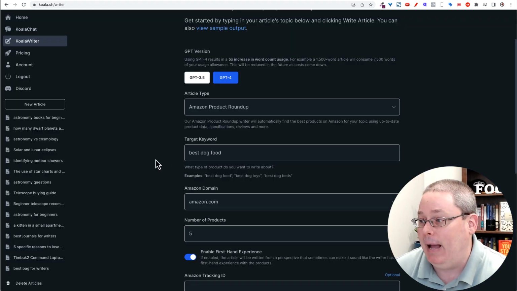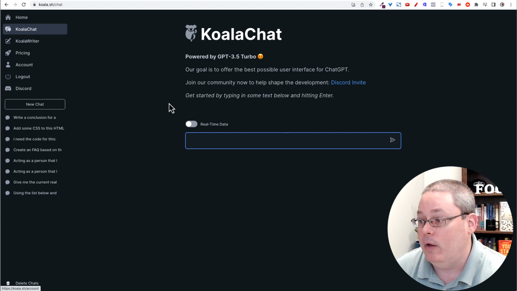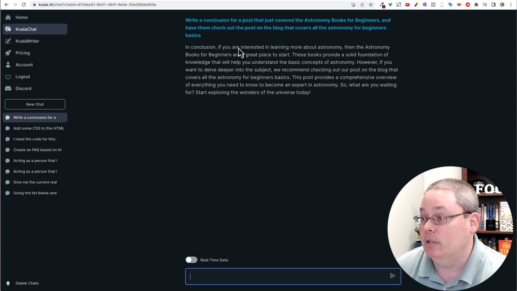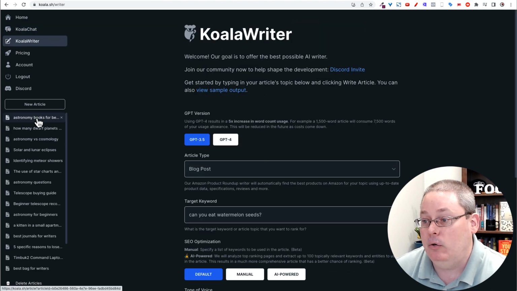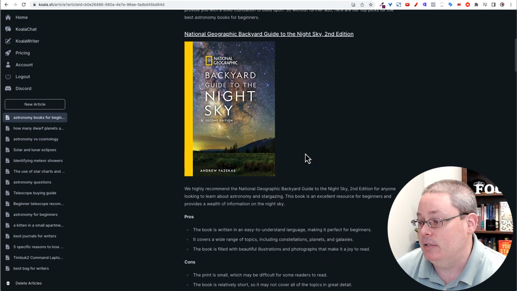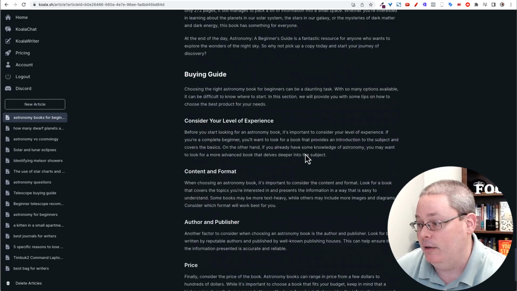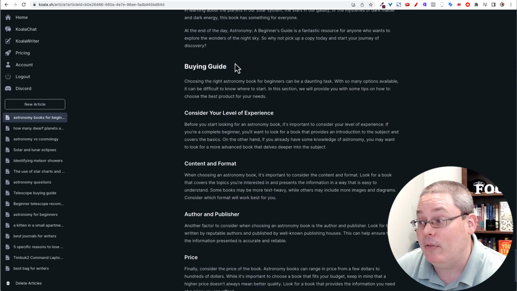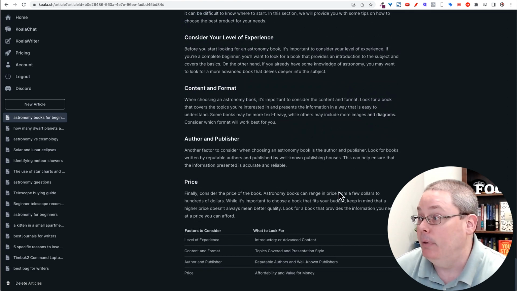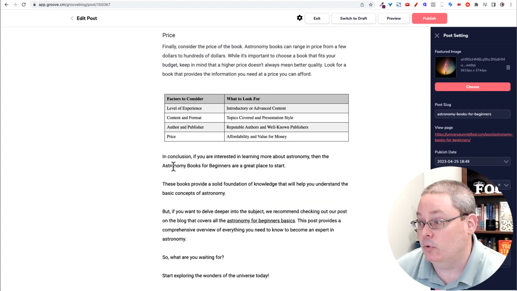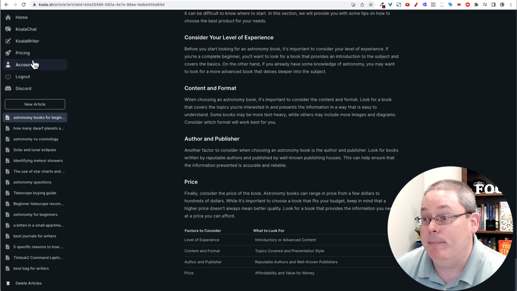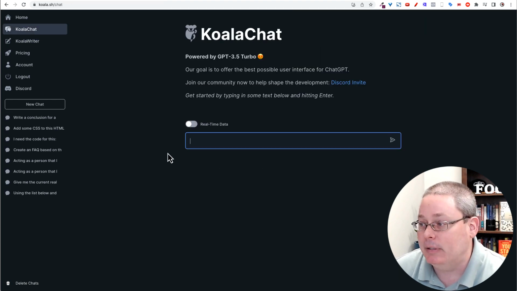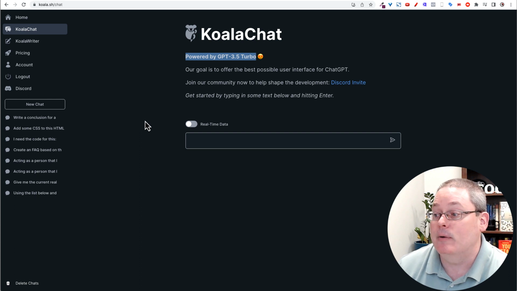I actually went back and wrote this conclusion with Koala Chat because the conclusion wasn't included in the KoalaWriter post here. Astronomy books, you can see there's the post in KoalaWriter. It concluded with the buying guide, but I wanted to round it off with an actual conclusion. So I went back to Koala Chat because, again, while currently it's only powered by GPT 3.5,